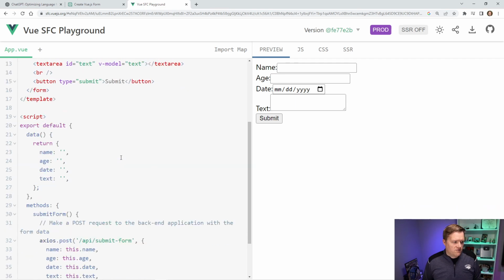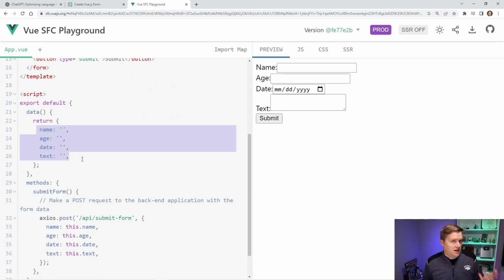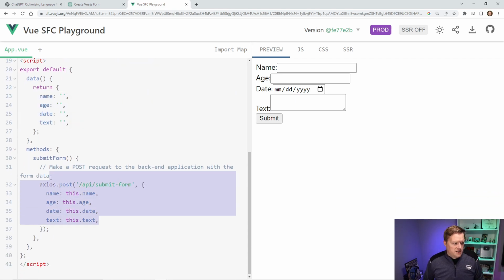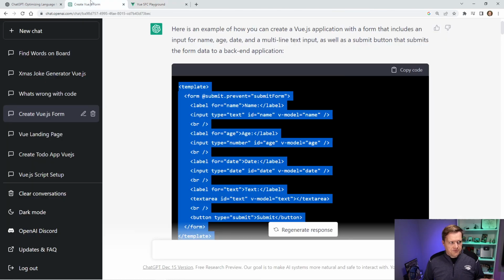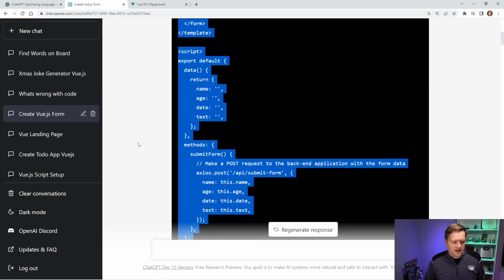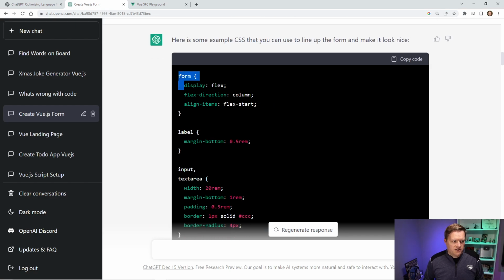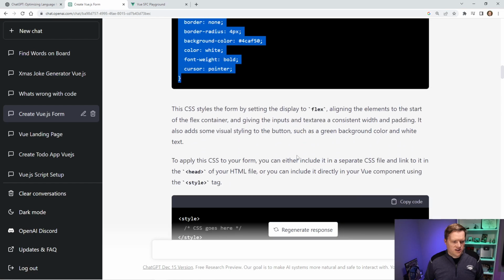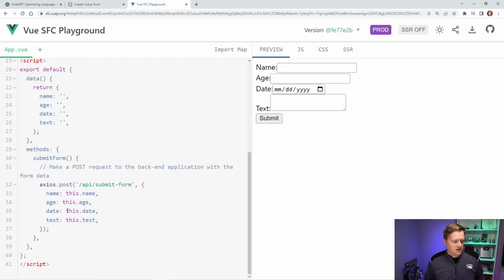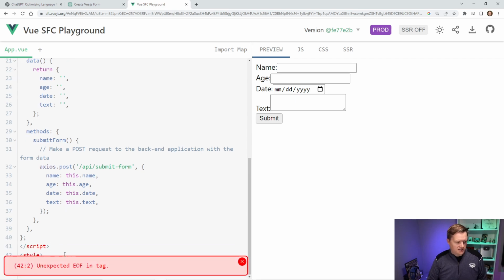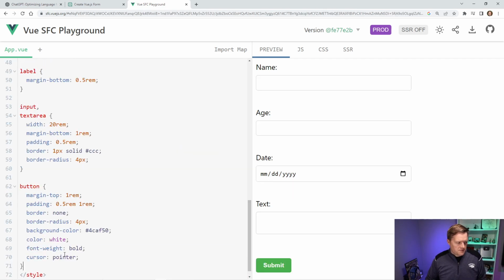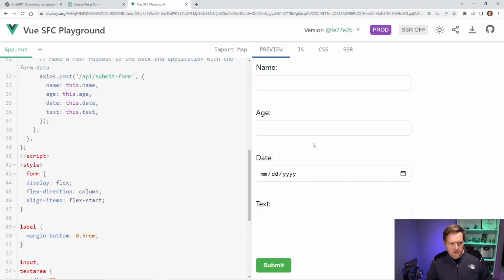Once again, it's just adding a v-model to each. And once again, it's using the options API. And then it did add this Axios post at the end, because I told it to talk to the backend application. So then I asked it to add more CSS. And it added this CSS and even tells you where to put it in the style tag. So if I come back down here and I add in the style tag, I just copy and paste it. You can see it looks a little nicer. So it was able to add in some nice formatting when I asked it to look nicer.